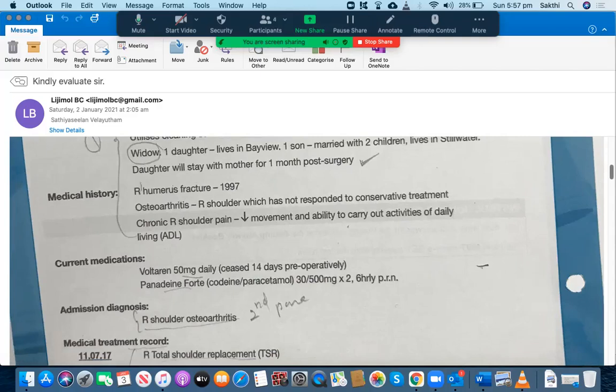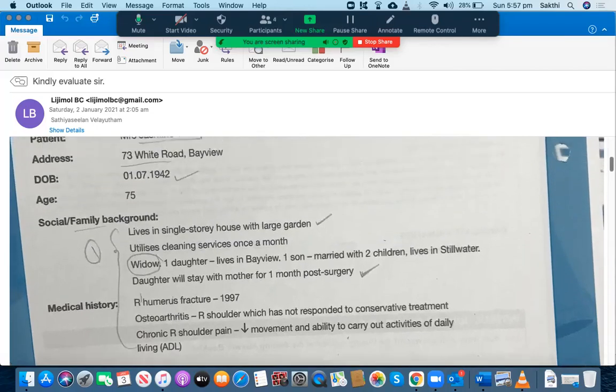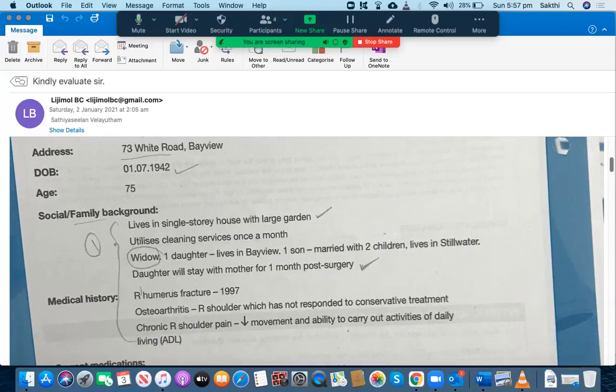Okay. Is this address the real one? Real addresses? You can know. No, this is not the real address. They don't provide the real address. They'll just mention it like this. That's it.